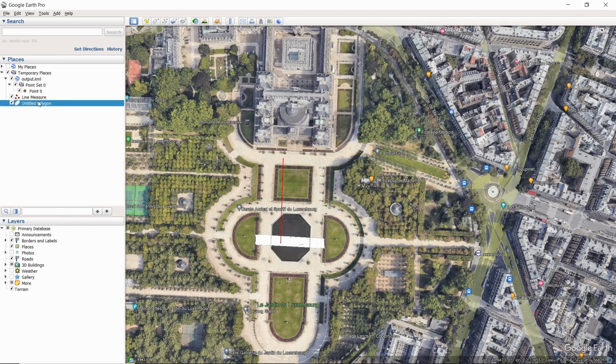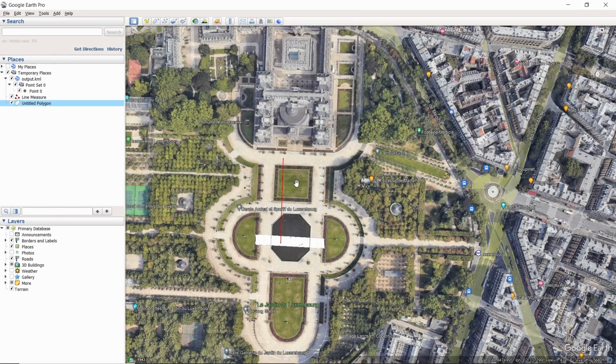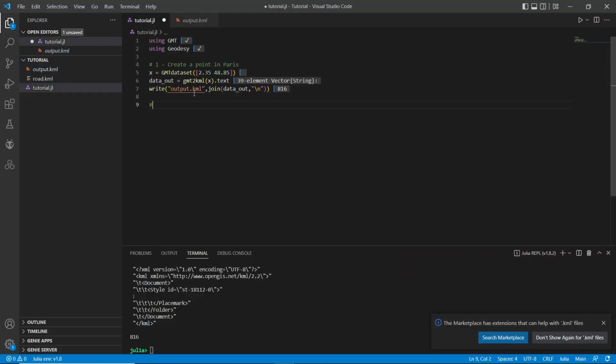So the polygon is created. I'm going to save it. And I'm just going to call it road. Of course, extension KML. And let's see if I can import the file itself and then create this offset. For the offset, I'm going to work on Cartesian coordinates. So here on the right, X, and then on the top, Y. What I want to do is just add to the Y coordinate 100 meters. That's the offset that I've created here. So here on Visual Studio Code,